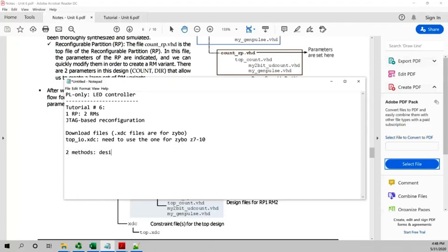There is what we call the design complete Tcl. You can run this file, runs everything, like I said. However, it only works when the RP, the reconfigurable partition constraints are known. Okay, and like I said to you here,